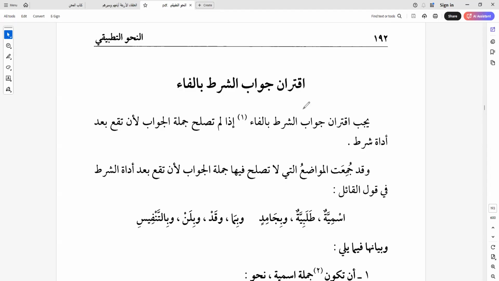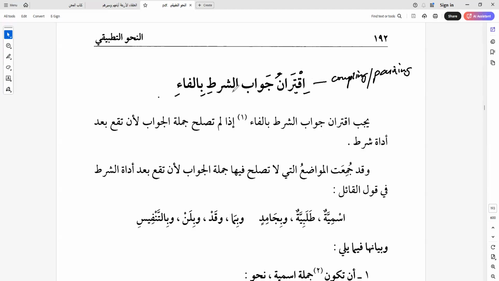And today the topic of interest is اقتران جواب الشرط بالفاء. اقتران الجواب الشرطي بالفاء. اقتران is, we can say, coupling or pairing. When you pair or when you associate